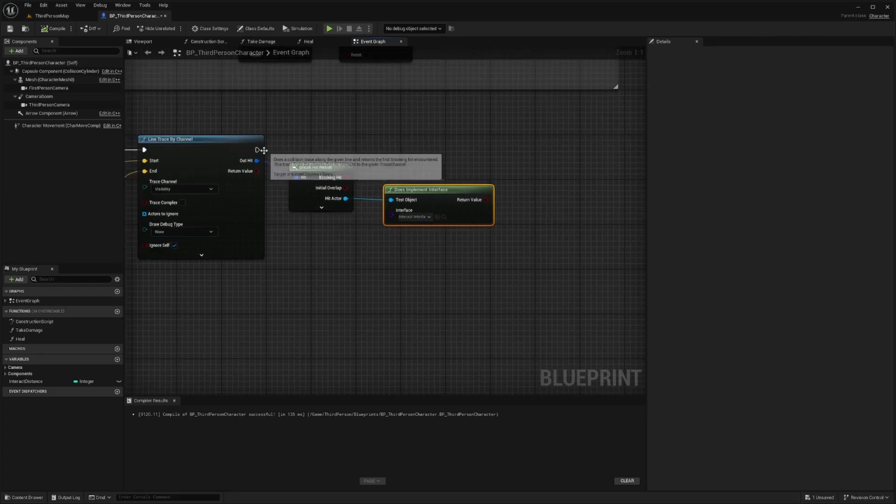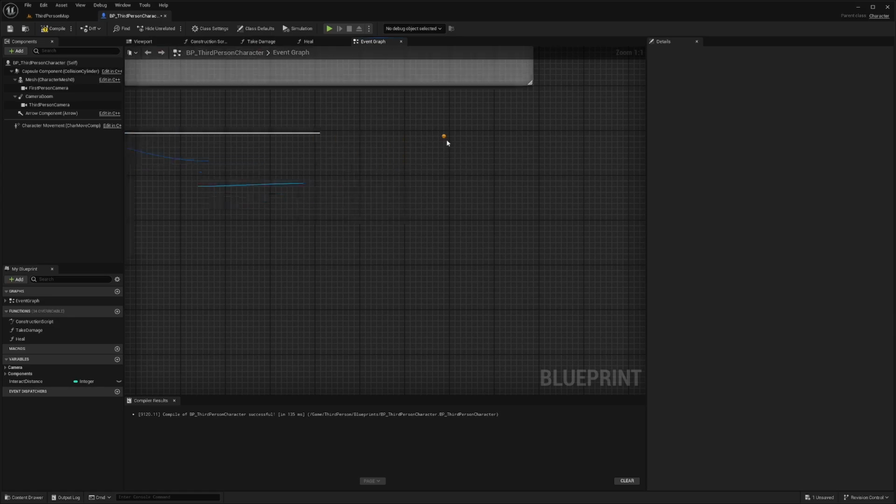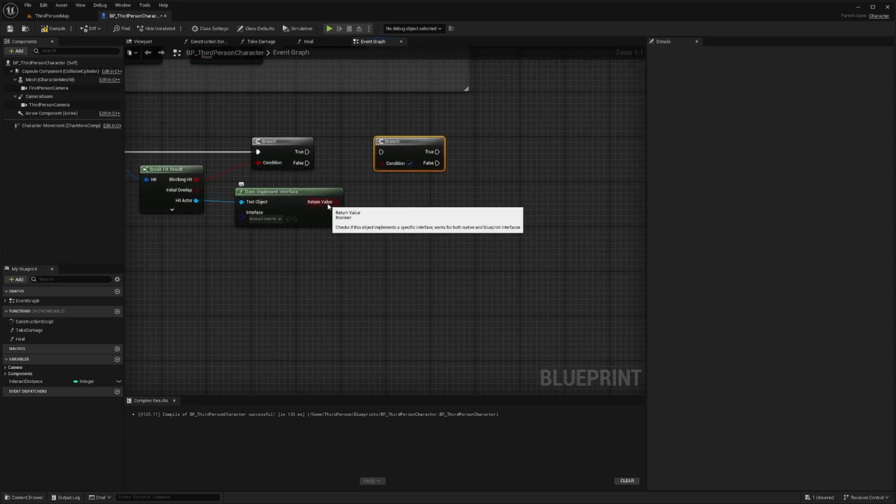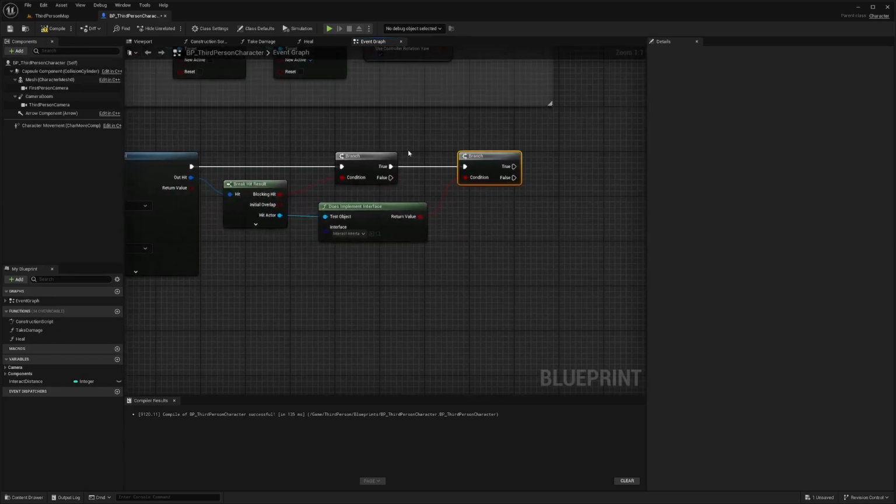And I'll extend this line trace by channel and create a branch. And I'll actually need two in this case. So two things that I need to check for: the thing that's blocking my hit, so whatever is in my way, and also does it implement the interface. So I'll select the true node and connect it to this branch, because this is assuming that there is something